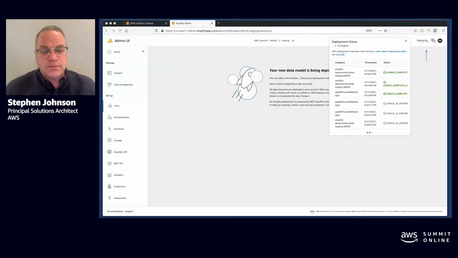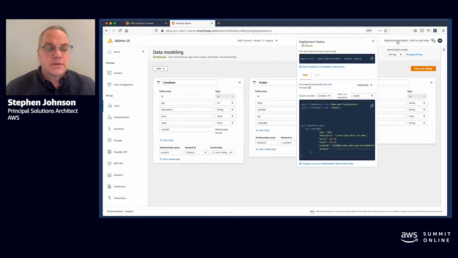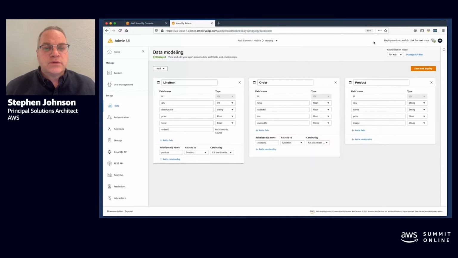Okay, so we'll save and deploy it. And we're speeding things up a little for the sake of the demo. And in a couple seconds here, we will have a completed backend. Okay, you can see the deployment status is successful, and Amplify is giving us some hints on how to incorporate this environment into our application, and we will do that in a minute. But first, we're going to add another feature to our application, right? We're going to add authentication and authorization.